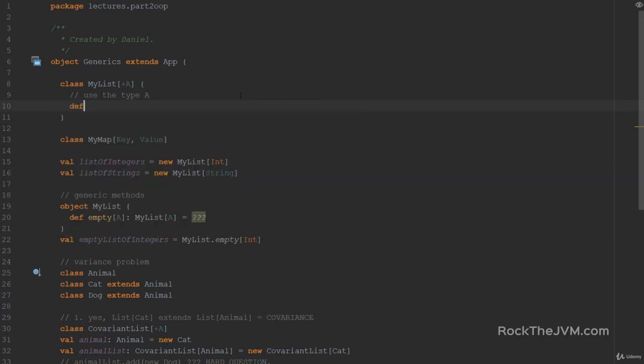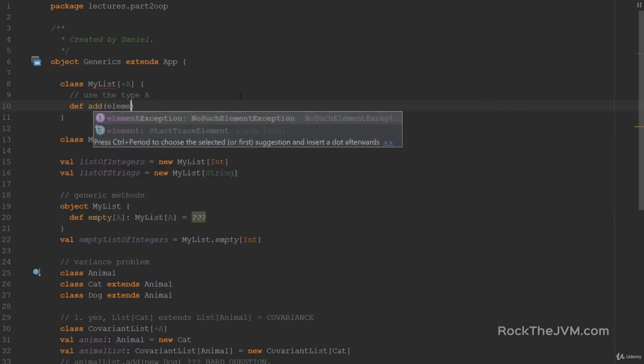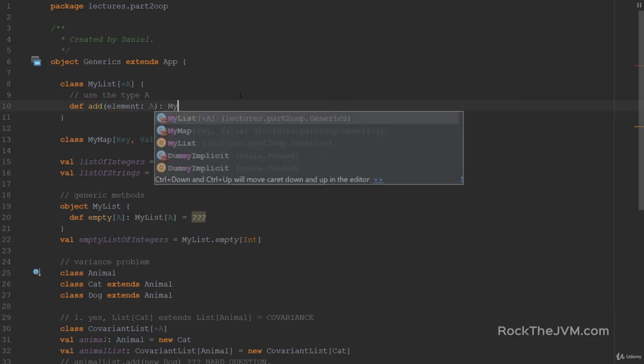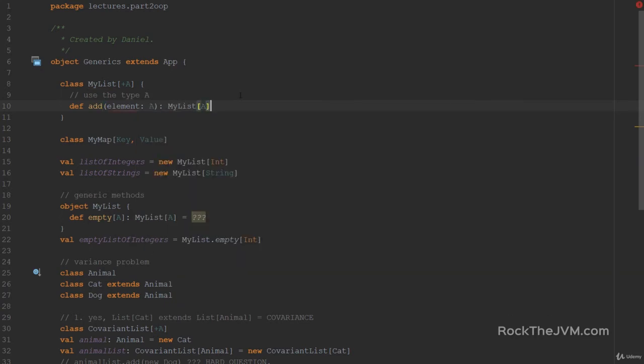So if I try to add an add method, which receives an element of type A and returns a MyList of type A, and let's just provide an empty implementation for now because we don't really care about the implementation. I want to show you that this method signature does not work even though MyList is covariant and it's generic. And the error that the compiler tells me is